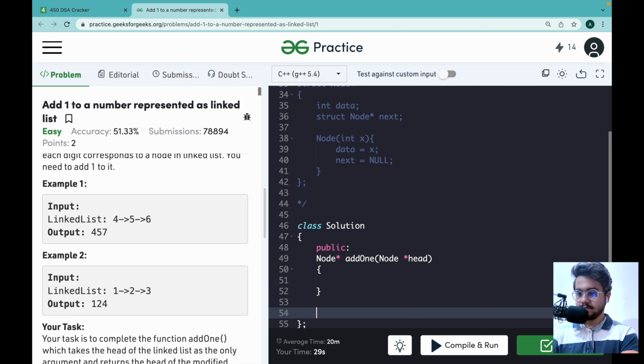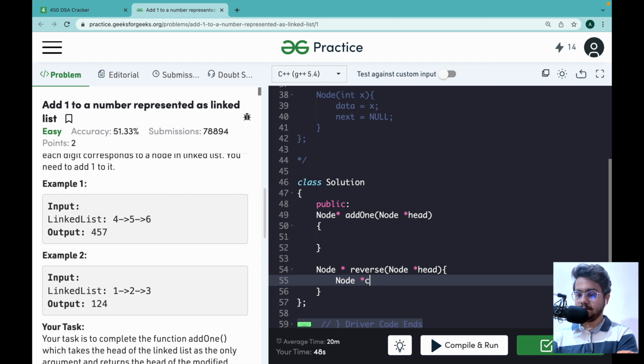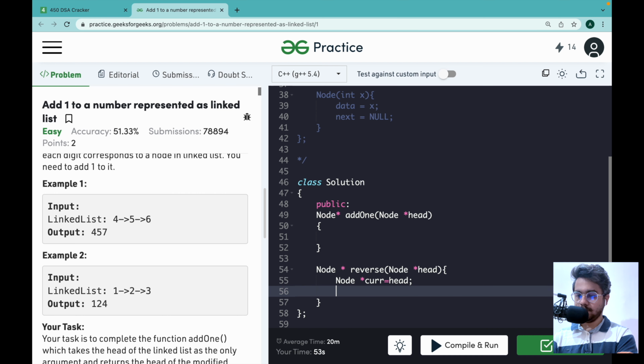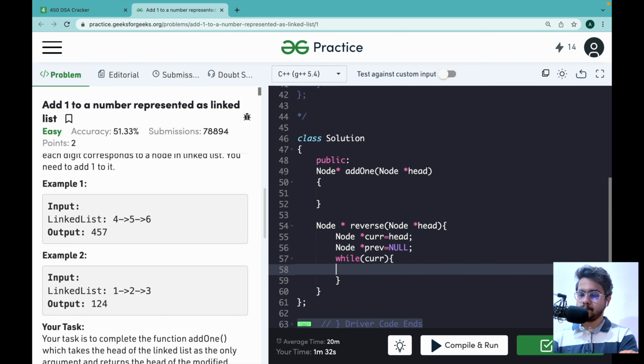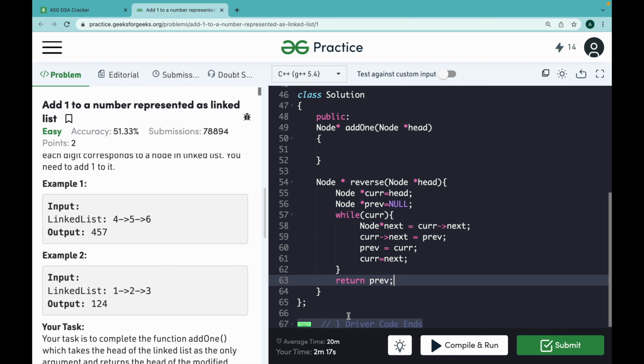First is, we will have to implement the reverse function. Now this has become the head. So what we have done is simply reverse the linked list. Now our linked list will look like 6, 5 and 4, because we are going to iterate from the previous. Why so? Because once we add any value, and if it is more than 10, the carry forward goes here. So we have to do it in reverse order. That's why we are doing a reversal.